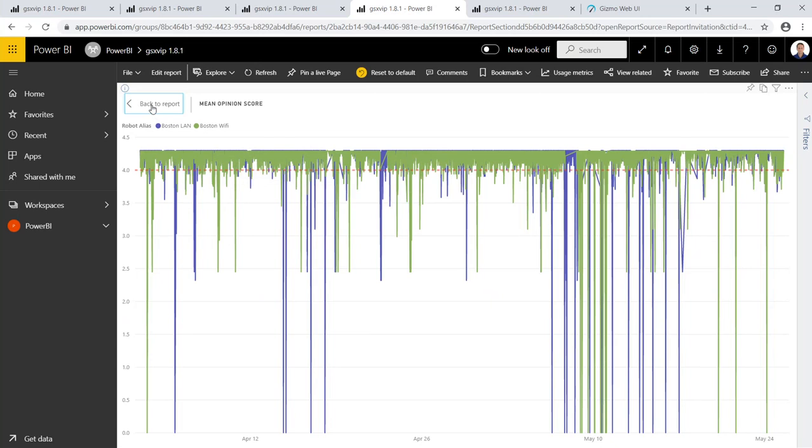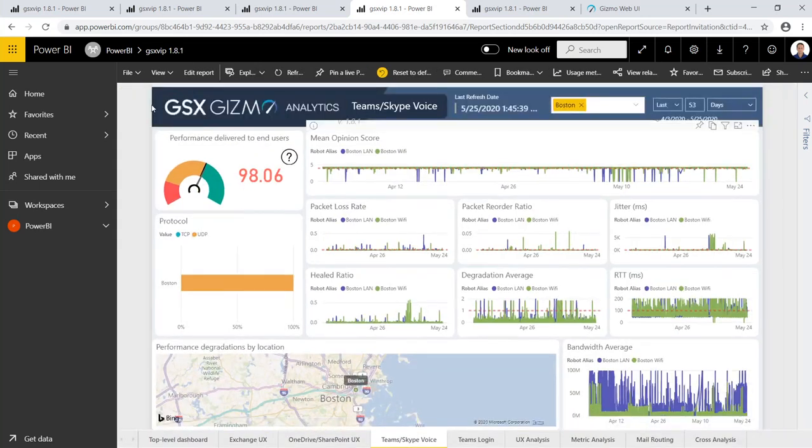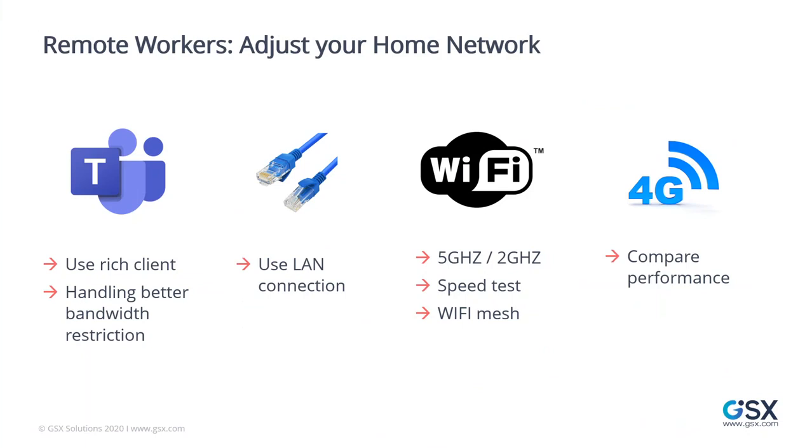We know that sometimes it's difficult to use the LAN when you're at home, but it's really something that a VIP who has a lot of calls should do to maximize their user experience. Another point is the Wi-Fi. Regarding the Wi-Fi, the user should really take a look at the frequencies they are using. 5G is usually faster, but the range of the Wi-Fi is smaller when you are on 5G. So in some rooms of their place, the 2.4G could actually be better.